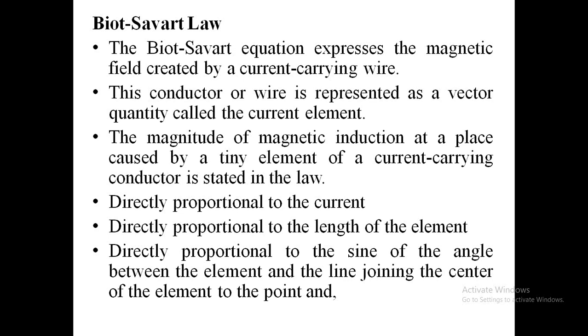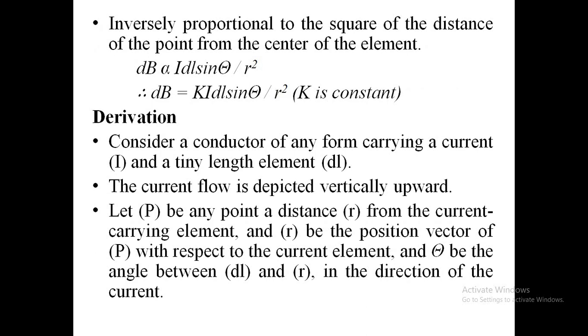Biot Savart Law. The Biot Savart equation expresses the magnetic field created by a current carrying wire. This conductor or wire is represented as a vector quantity and is called the current element. The magnitude of magnetic induction at a place caused by a thin element of a current carrying conductor is stated in the law, which is found to be directly proportional to the current, directly proportional to the length of the element, directly proportional to the sine of the angle between the element and the line joining the center of the element to the point, and inversely proportional to the square of the distance of the point from the center of